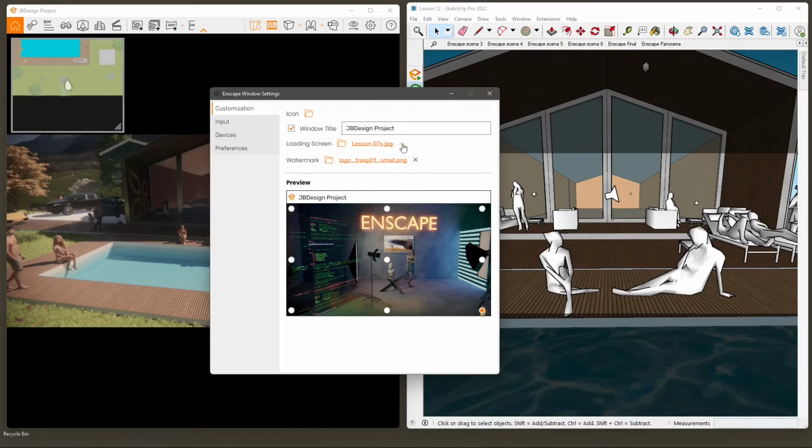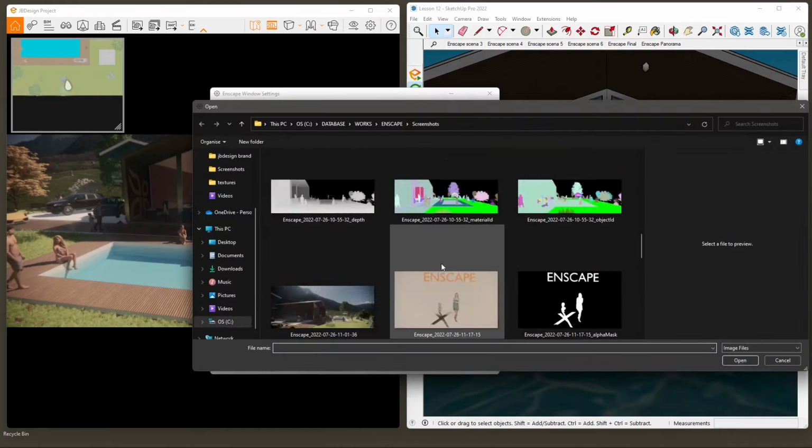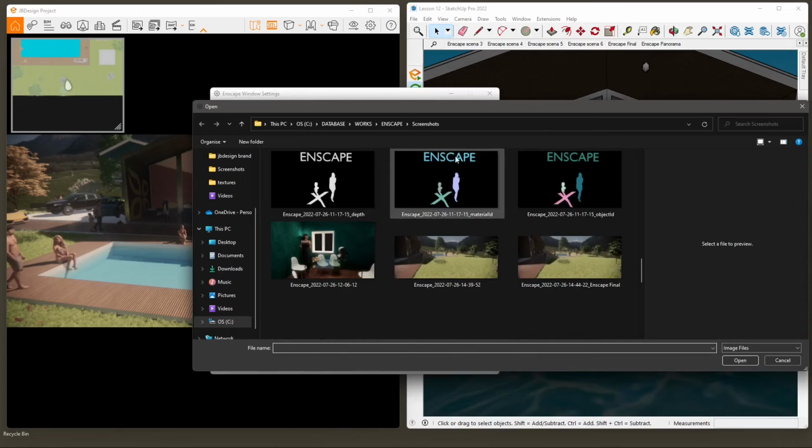You can change the loading screen, so this is the standard here, but you can click and change. Let's say that I want to use this one here,